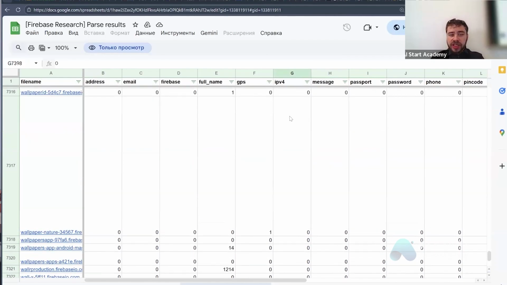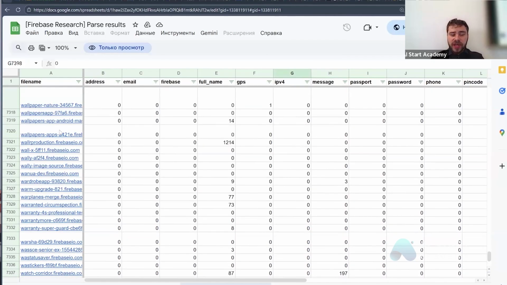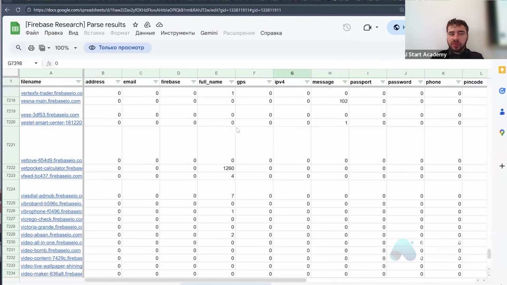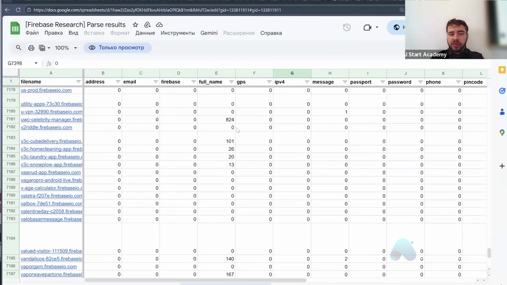So the idea here is that Firebase is the database which can allow you to store data or read data. And usually it is using this API key,